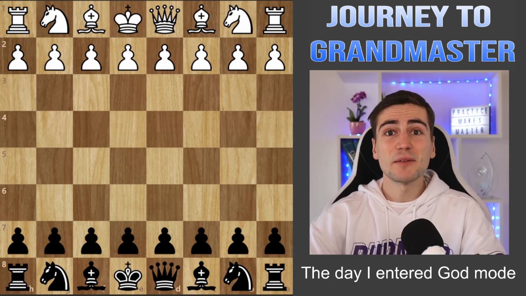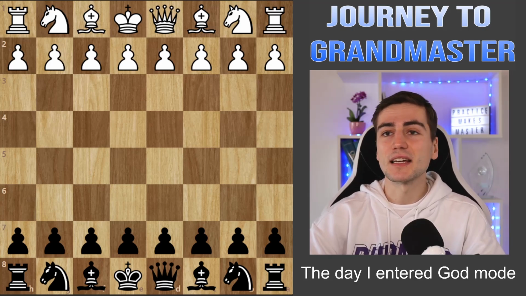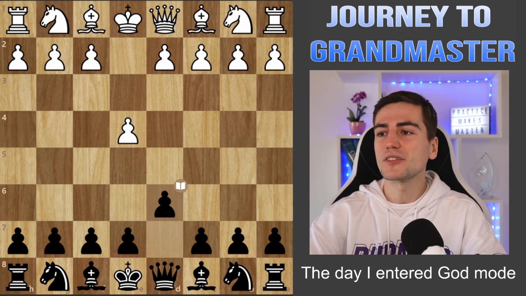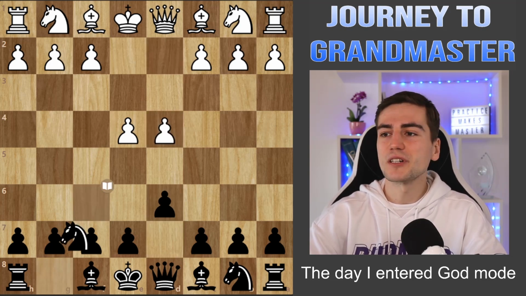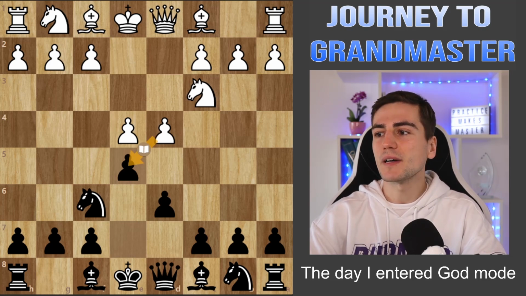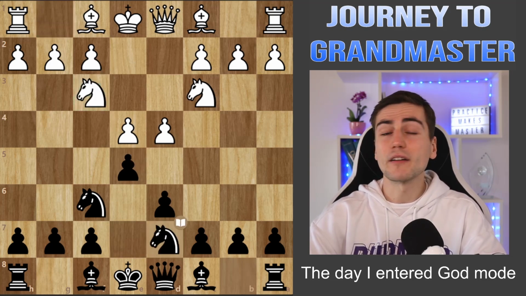So I played this game in a Titled Tuesday tournament. The time control is 3 minutes plus 1 second increment, so just a normal blitz game. And I played this game as black, the Philidor Defense, my favorite opening: e4, d6, d4, knight f6, and e5. Here white has an option to take, but in this game white wanted to play aggressively, so he played